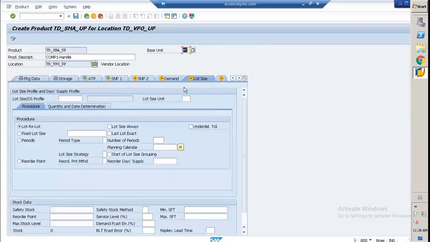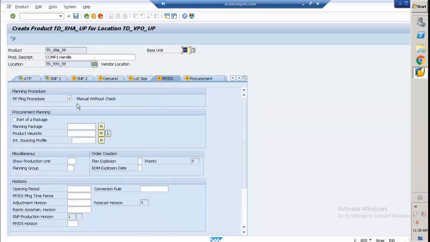Demand, no need for lot size. If you want to maintain lot size, then you can give the lot size. If you need to maintain safety stock, we have to put it here. But these fields are taken directly from the ECC system, so from our side there is no need to take any action regarding these fields. That's why I'm not going to discuss them much. The planning person, let's make it as